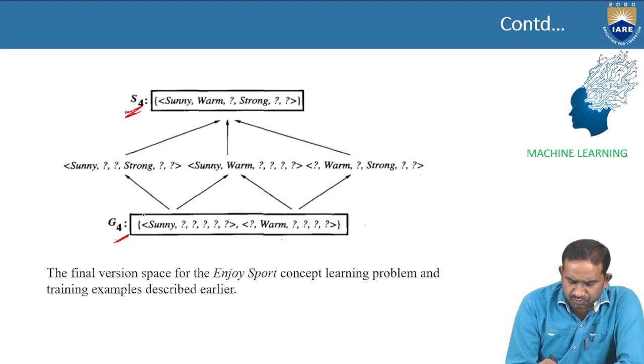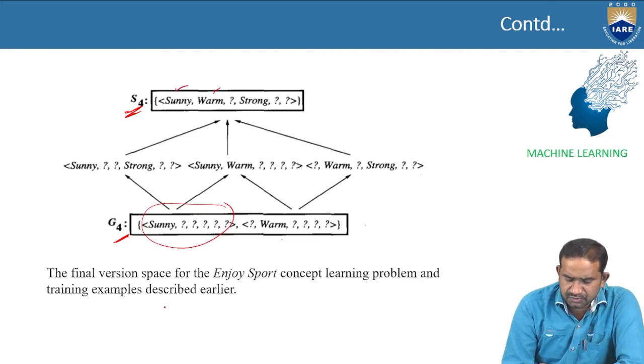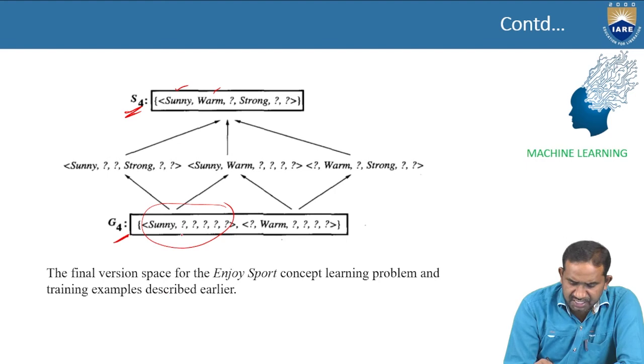So whenever we compare these two, we have two attribute values, sunny as well as warm. Because here sunny is there, we can compare with the sunny, and warm is there. When you compare this to this example, it has two values, sunny as well as warm. So here it is sunny as well as strong. It is generated by the value. Why? Because we have sunny.